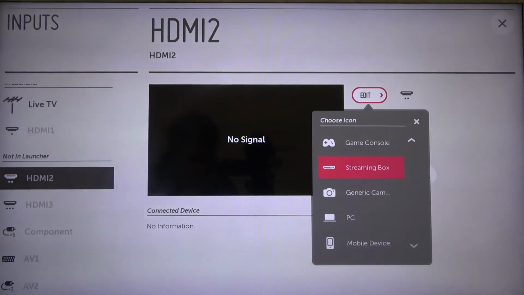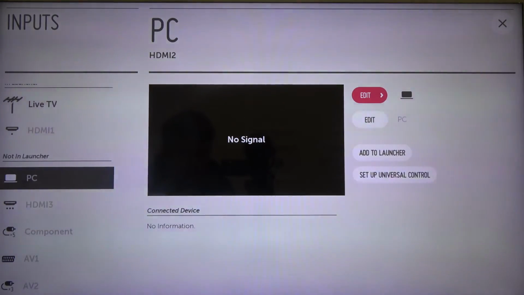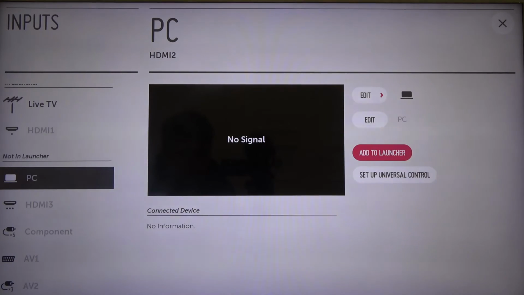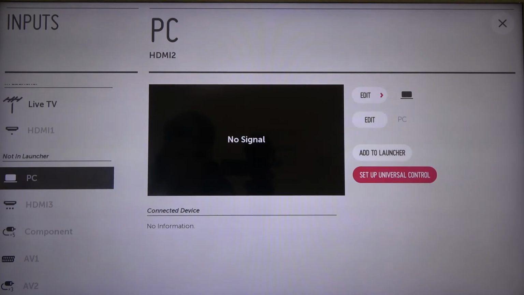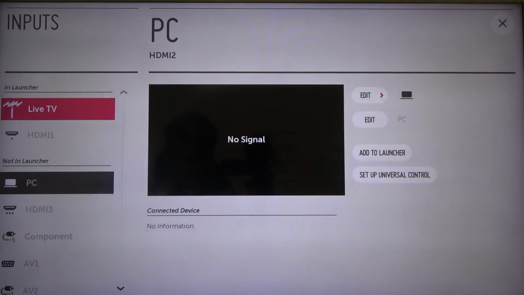So you have to decide what you want to get. I will pick it as a PC, and you have to click OK to confirm, and you can also add the launcher or set up the universal control. So as you can see, there is a lot of options we can set up,